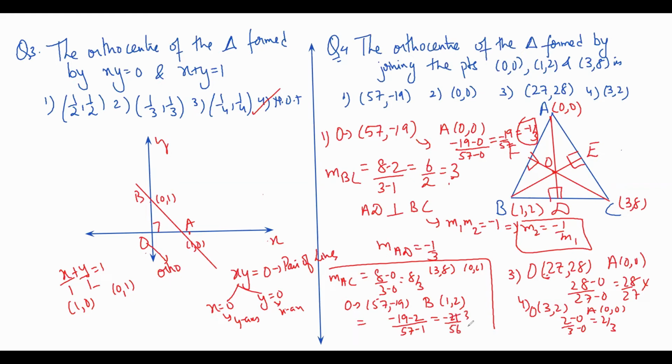7 3 7 8. My answer is minus 3 by 8. This is my desired answer because the slope of AC is 8 by 3 and its negative multiplicative inverse, that is the reciprocal with opposite sign, is minus 3 by 8. Therefore, this is the point which is the orthocenter of this triangle. So this is how we find the orthocenter, by checking slope. And what is the relation here? M1 into M2 equals minus 1, because the orthocenter is always on the perpendicular line to the side. So this is how we check the orthocenter.